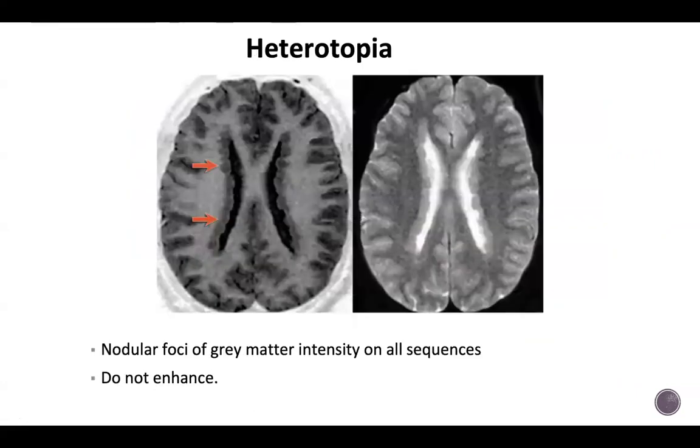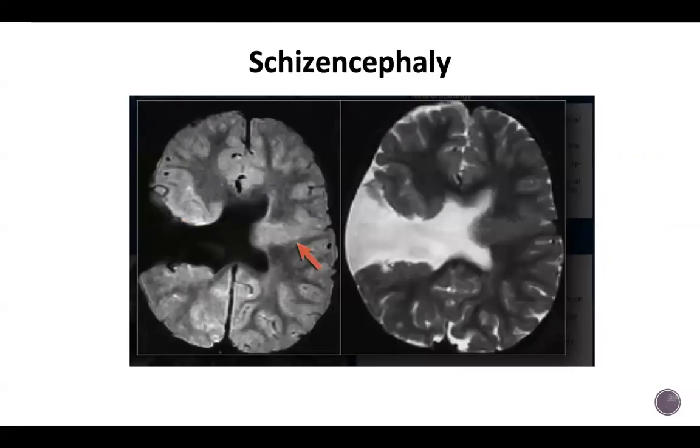Gray matter heterotopias are another condition. As you can see in these, there are nodular foci of gray matter intensity on all sequences, and they do not enhance. Schizencephaly is another condition in which there is a CSF-filled cleft that is extending from the cortex to the ventricular surface, and is lined by gray matter. It is, I wouldn't say very common, but a frequently seen pathology